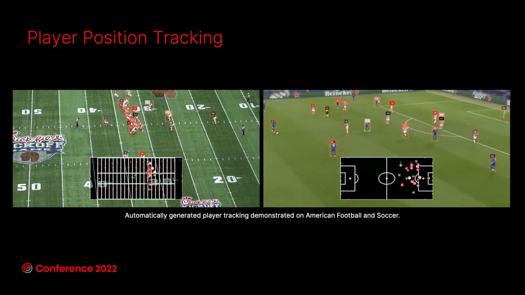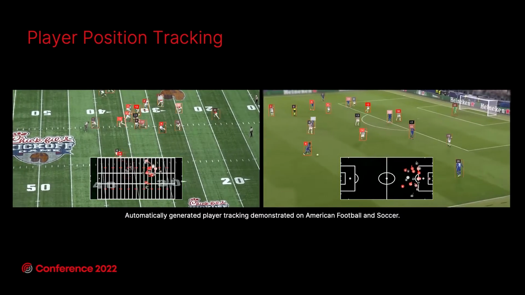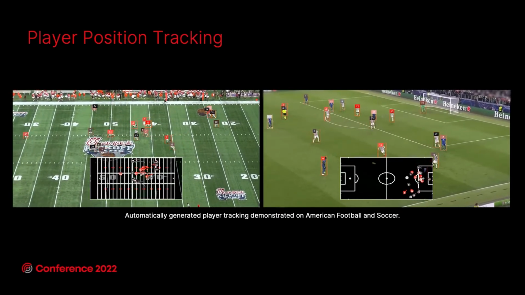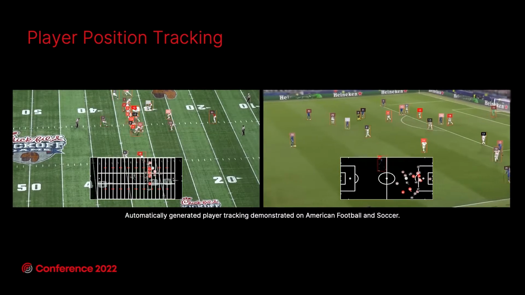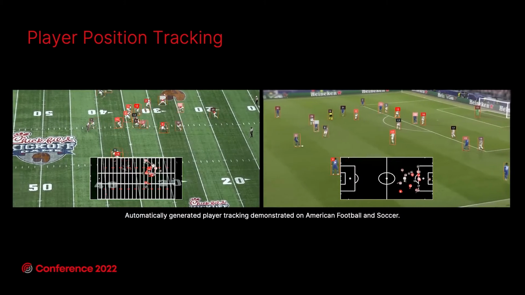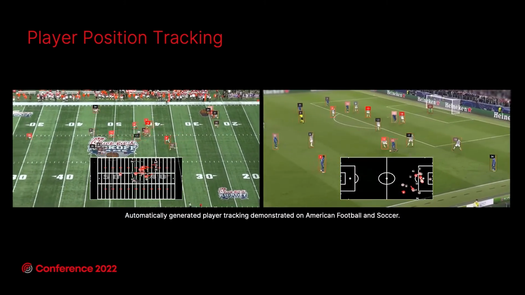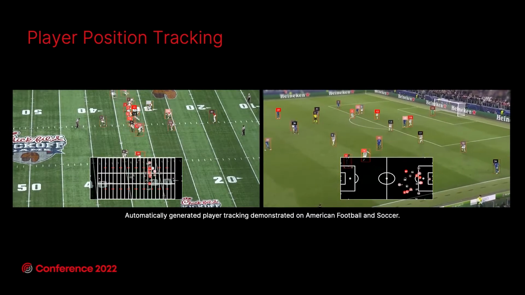So this is an example here showing how tracking works in two different sports. And just to be clear, nothing here has actually been changed other than the input data. This is basically non-filtered. This is the raw outcome, if you like.